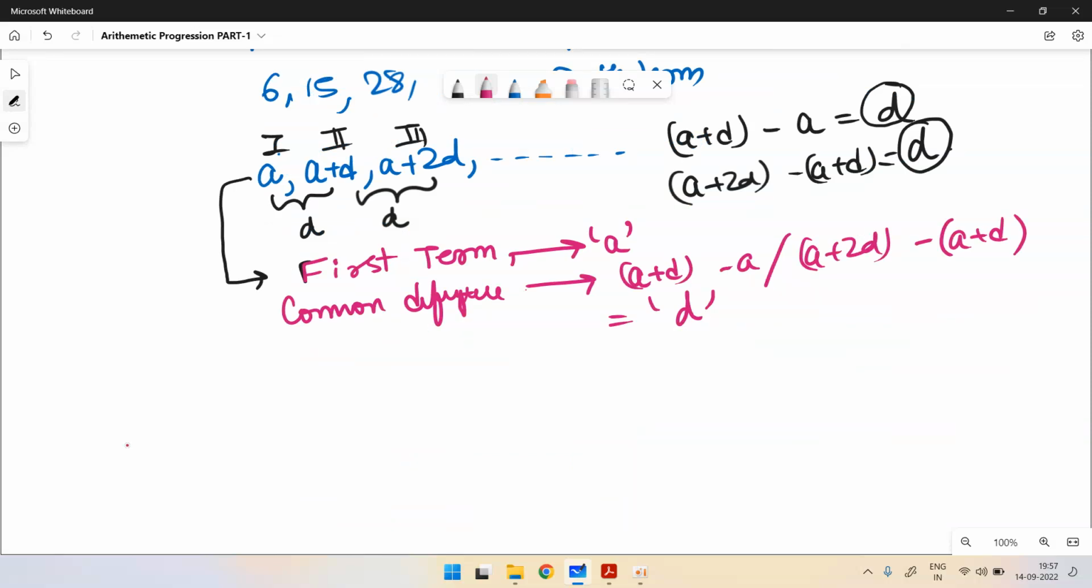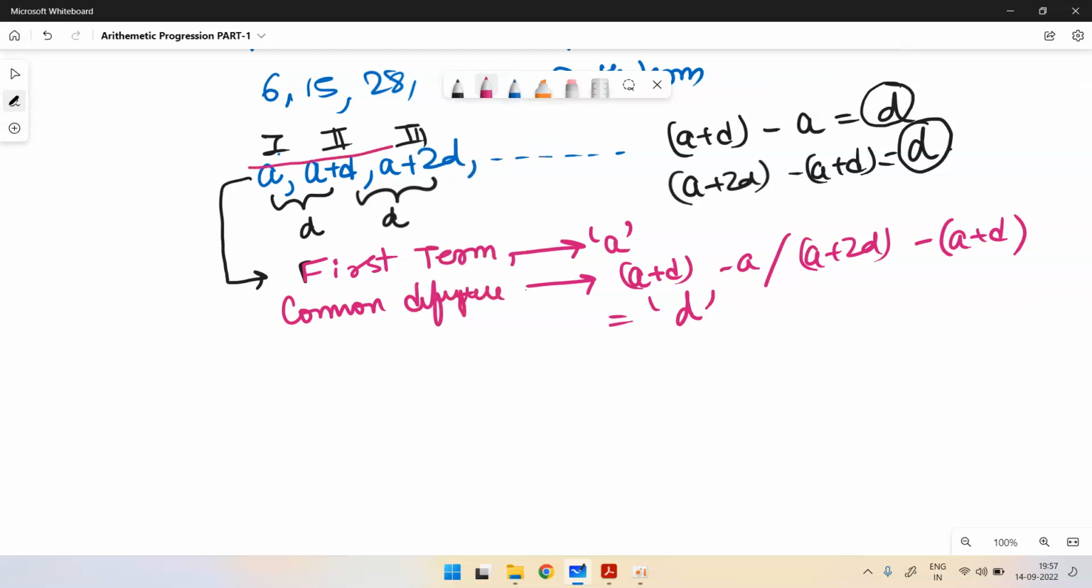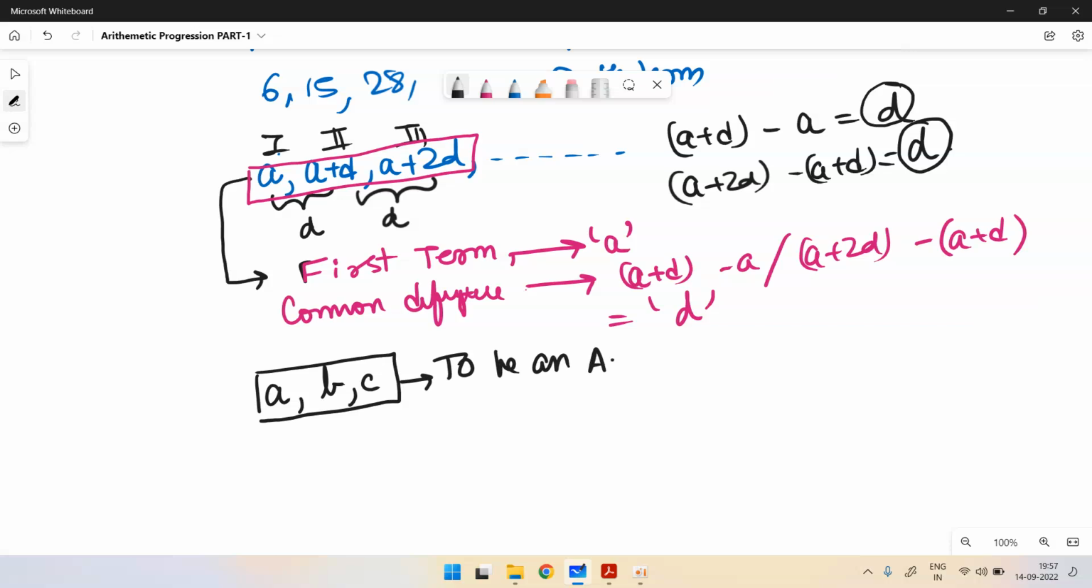Now you can take any three consecutive terms. Suppose I take these three only. For this to be an AP, consider any three consecutive numbers A, B, C. For these to be in AP, and AP means arithmetic progression,